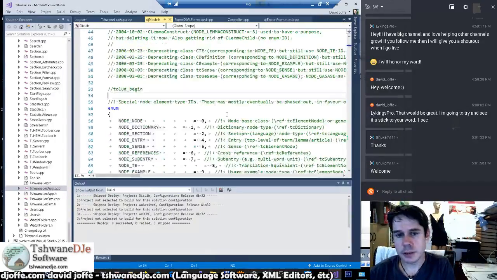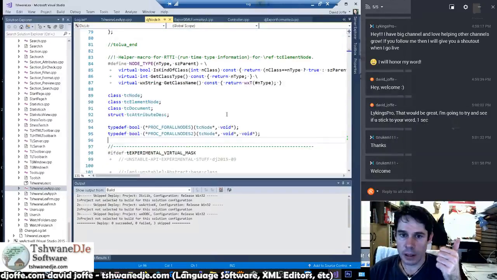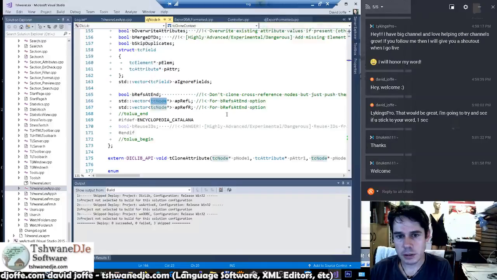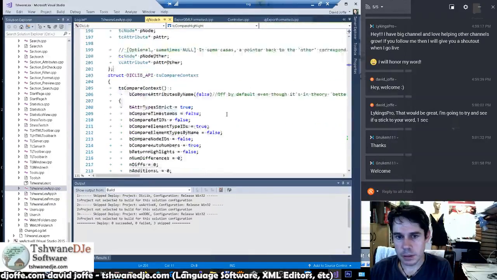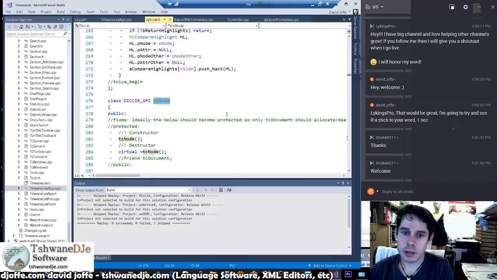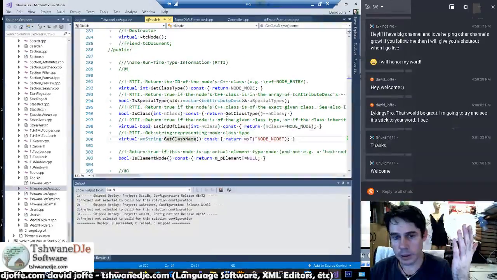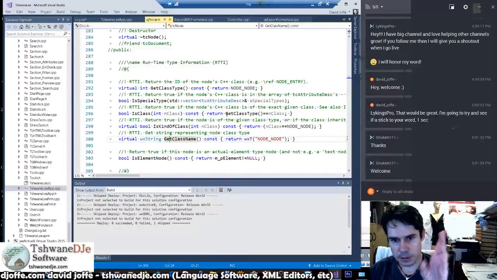Why is the TC node so big? The virtual method table should take another 4 bytes. That we have to have. I mean, we can't get rid of that, obviously. Is it 4 bytes for the virtual method table? I think so. Right, so then